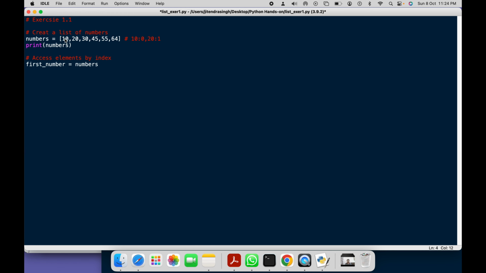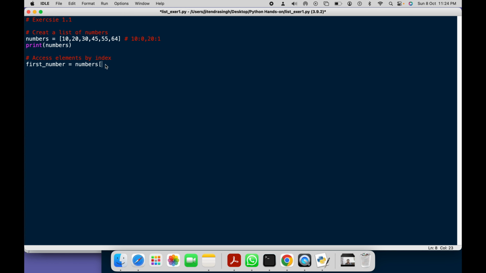10, or we can say first element, second element, third element. The first element position is always 0, meaning the first item. For any length of the list, indexing starts from 0. For accessing a single item or element one at a time, you just have to call the position